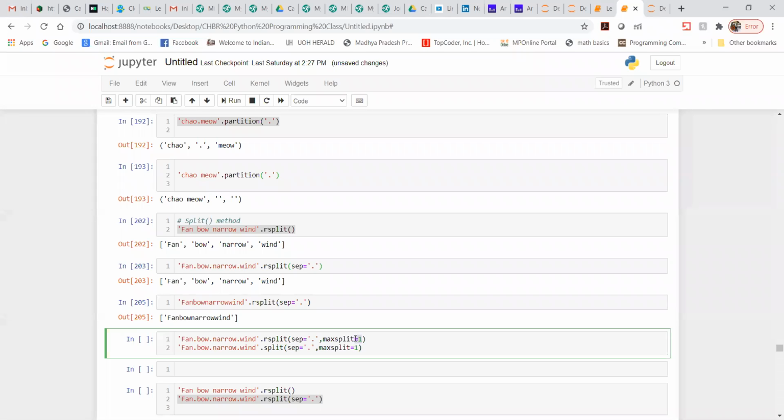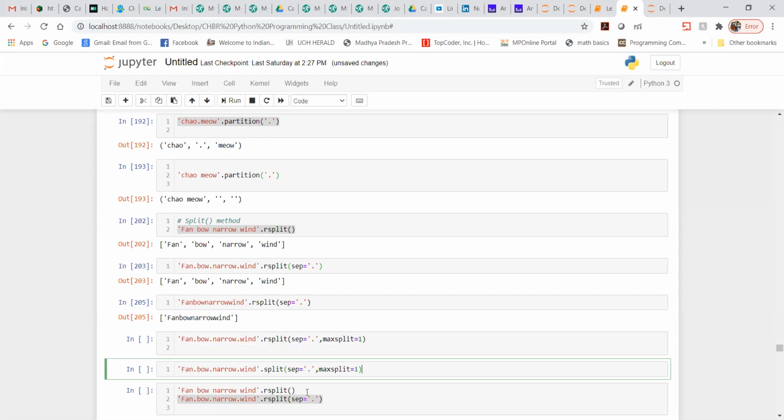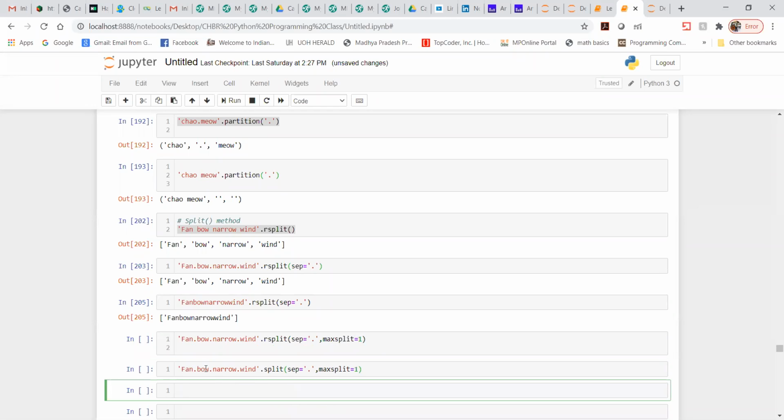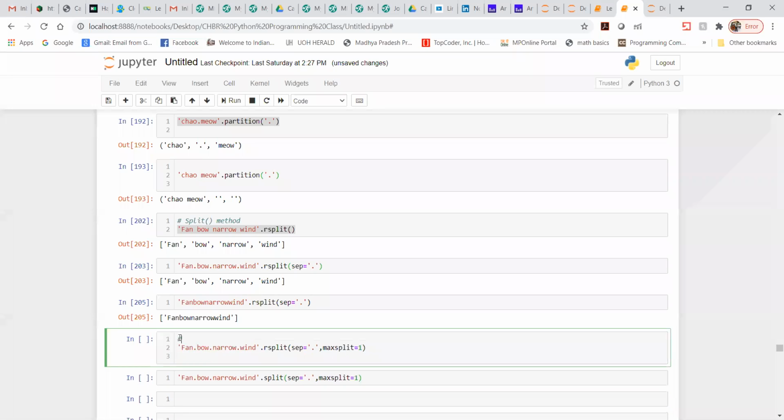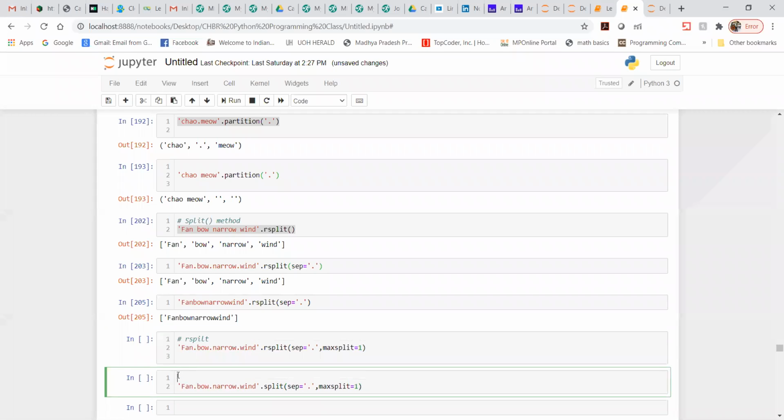If I need one split, let me perform it. Let me take this down here and remove this. Here I'm going to write rsplit, and here split.